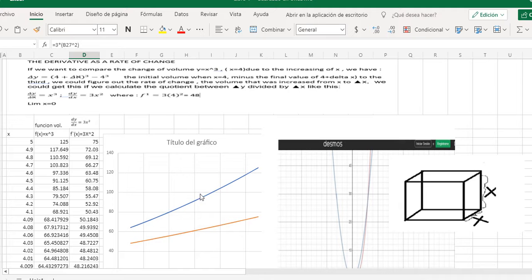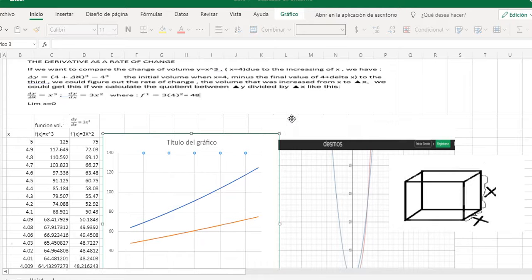For instance, here I have the example that if you have a cube and there is a formula where you can find the volume of this cube. The formula is f(x) equal x to the third power,